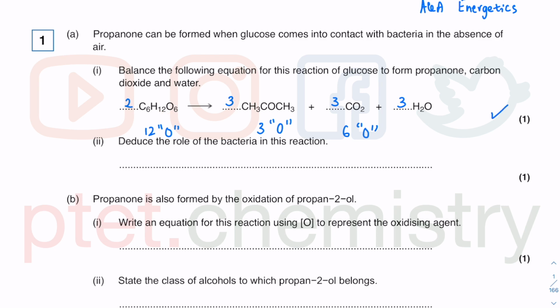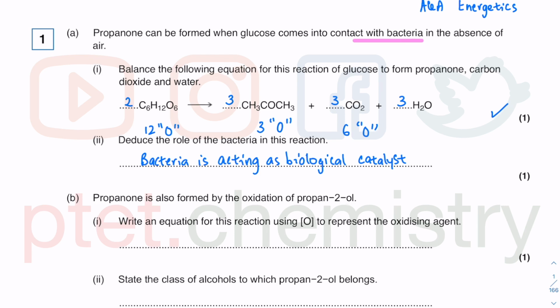Now, deduce the role of bacteria. You will see that it comes into contact with bacteria, but bacteria doesn't appear on the left or on the right. So bacteria is something which is a condition. Bacteria is acting as your biological catalyst, because bacteria provide the organisms that actually have enzymes, and therefore it is via the enzymatic reactions involving bacteria that they act as biological catalysts to speed up the rate